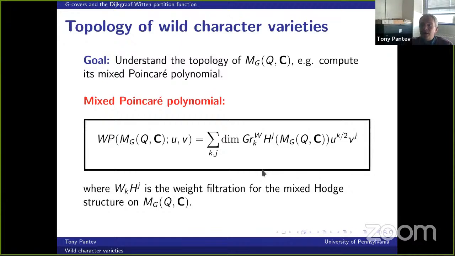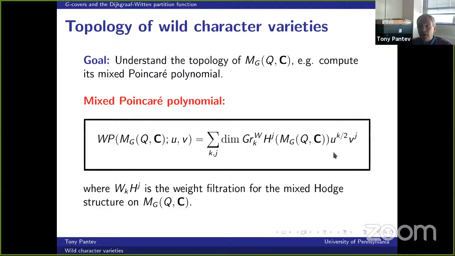So it's an algebraic variety, in fact, an affine algebraic variety. Its cohomology has a mixed Hodge structure, and I'm going to grade the Betti cohomologies by the weight filtration, by the associated graded with respect to the weight filtration. And so I'm going to get a bi-graded polynomial, the cohomological degree and the weighted degree. And that's the weighted Poincaré polynomial, the mixed Poincaré polynomial, which is a polynomial in two variables, u and v,